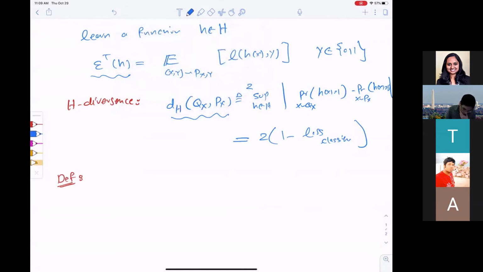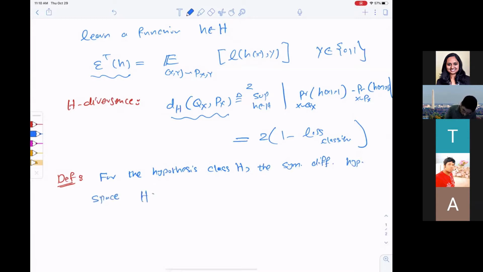For a hypothesis class H, I'm going to define a symmetric difference hypothesis space. For the hypothesis class H, the symmetric difference hypothesis space,